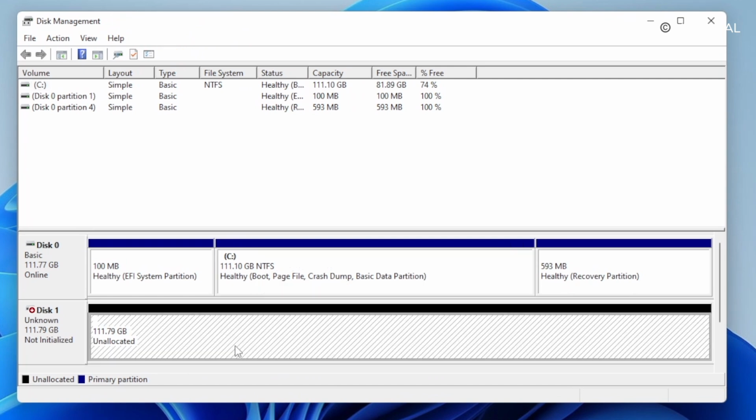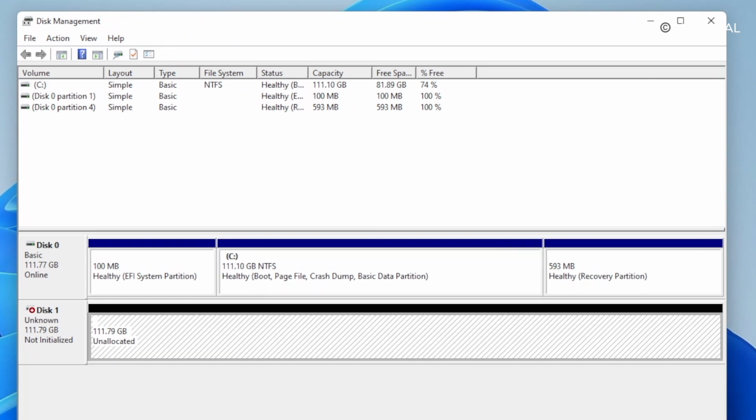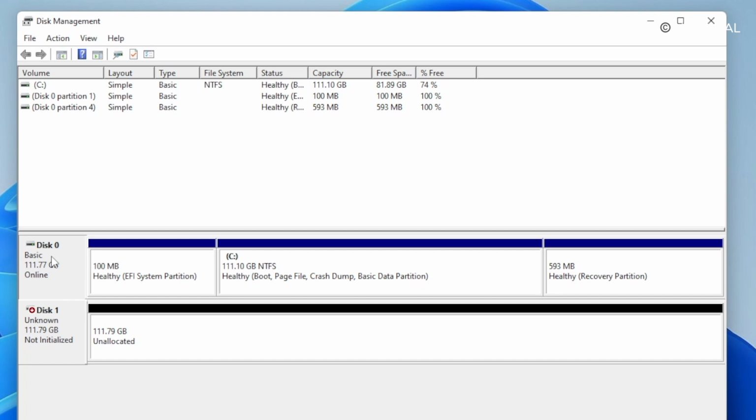Now I'm going to use this drive to shrink a free space for Kali Linux. If you notice carefully, inside this drive I have only 3 partitions. One is the EFI partition, the main C partition, and the last one is a recovery partition. I'm going to use the C drive to shrink a free space. In your case, you can shrink the free space from any partition.